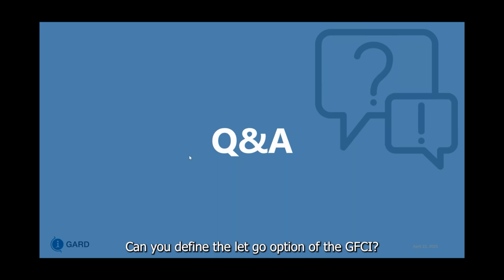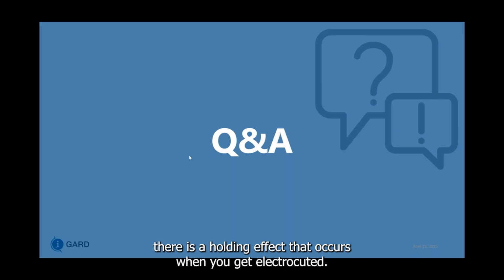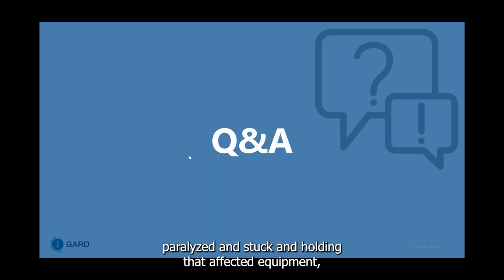Can you define the let go option of the GFCI? It's the capability to be able to let go from the shock that is being experienced, because sometimes there's a holding effect that occurs when you get electrocuted and you may be paralyzed and stuck in holding that affected equipment,